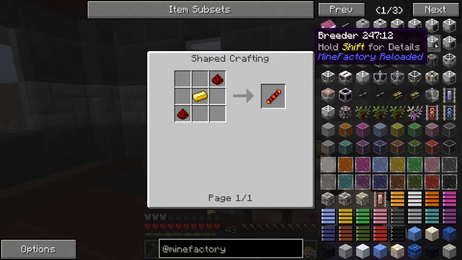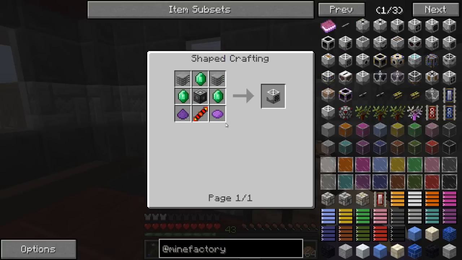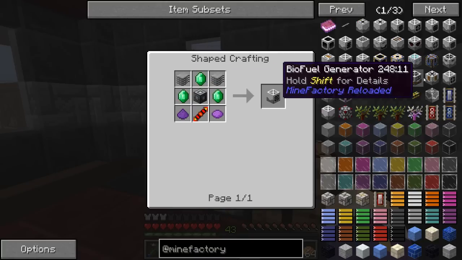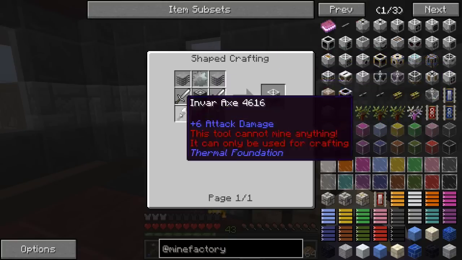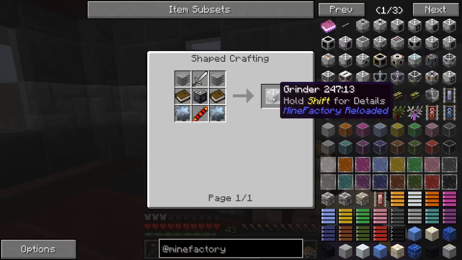reception coil there. And then we're going to have a chronotyper, a couple of emeralds, which I just picked up, some more purple dye, another reception coil, another machine frame, another couple of plastic sheets, and then we want to do, we could do a slaughterhouse. It's only Invar. We could do a slaughterhouse with Invar, but I may just use a grinder, because then I